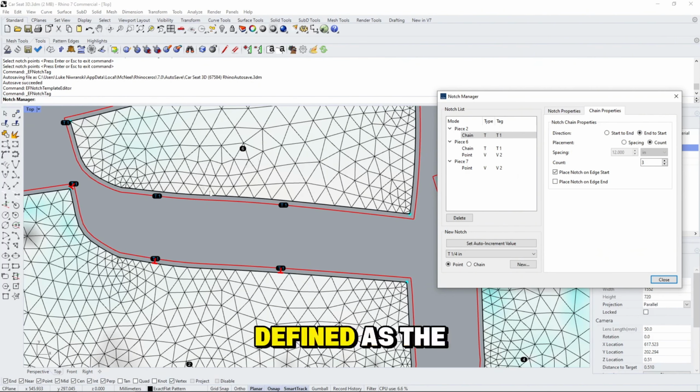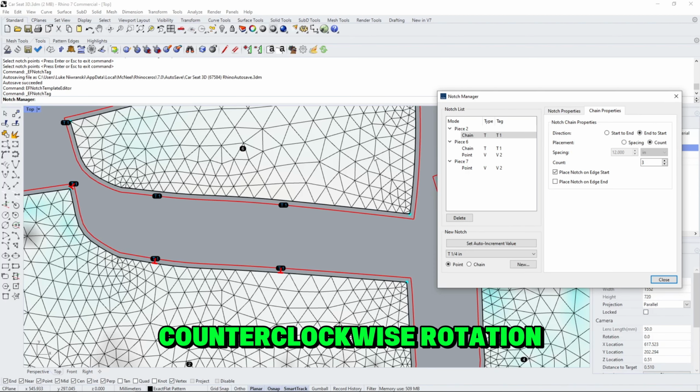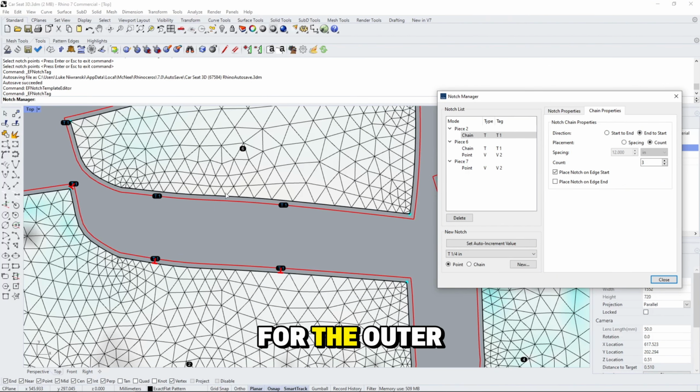The start is defined as the pattern edge or the pattern piece that we selected. So edges always go in a counterclockwise rotation for the outer edge. We placed our chain on this piece here, so this is going to be the start here. And the twin piece just simply matches that. So now if we change our direction from start to end,